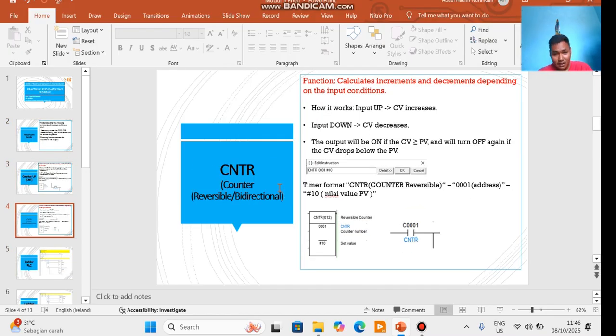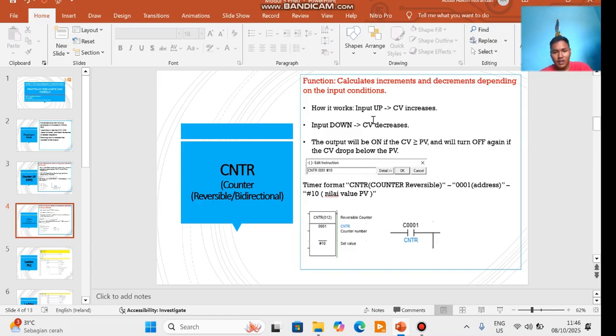Okay, next, CNTR, or counter reversible or bidirectional. What is CNTR? CNTR is a function that calculates increment and decrement depending on the input condition.